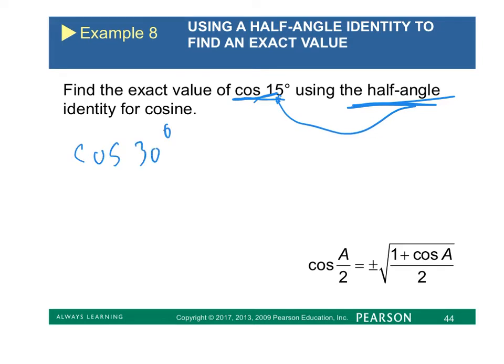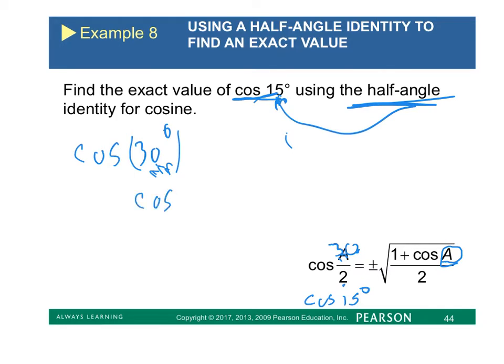Cosine of 30 degrees, well, we know how to do that. And so this is the half angle of this. So A is 30, if you think about it, 30 over 2. So I'm really looking at cosine of 15 degrees. So A would be 30. So using that formula,